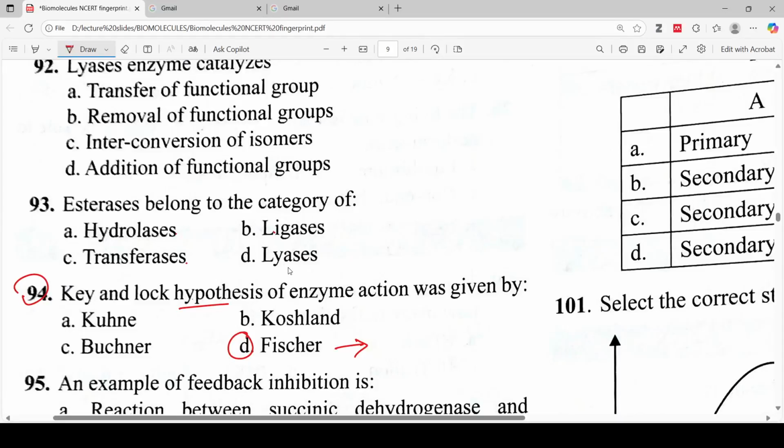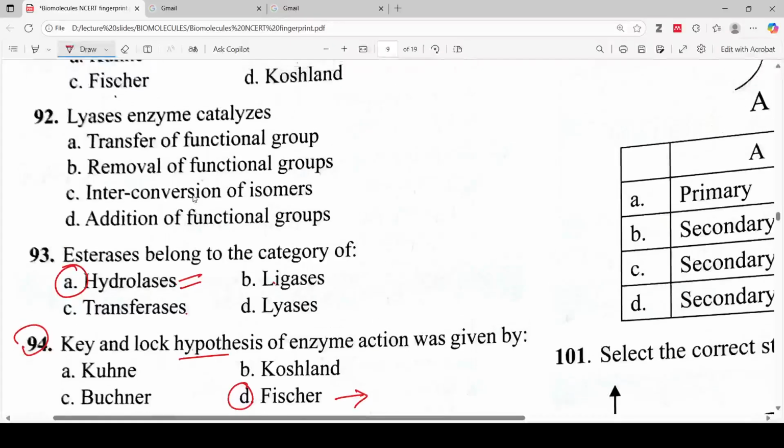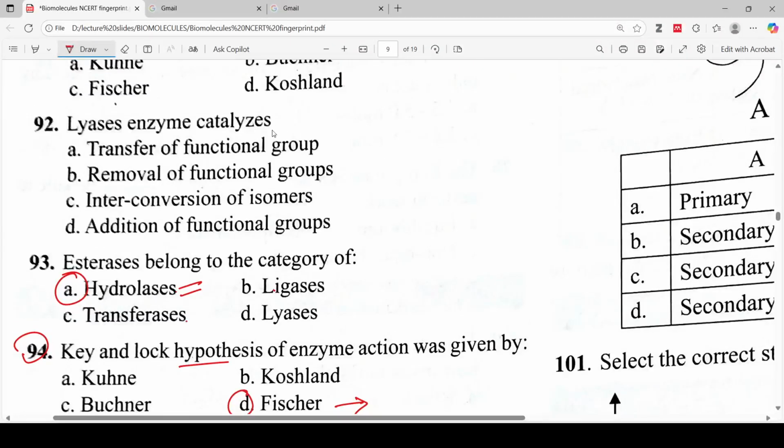The correct answer is option A, also a hydrolase. Next question: lyase enzyme catalyzes transfer of a functional group, removal of a functional group, interconversion of isomers, or addition. The correct answer is option B, removal of a functional